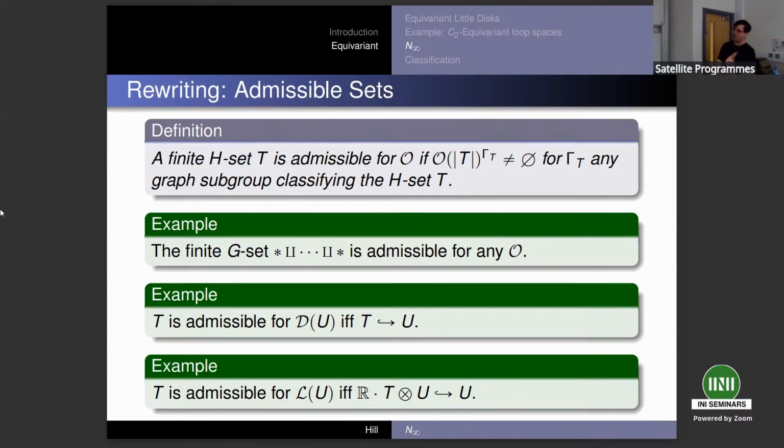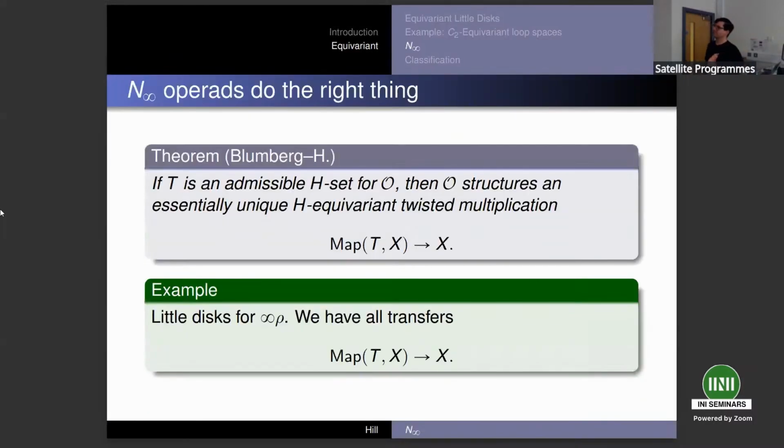And then two things that are useful to work out. The first one I sort of sketched earlier: for little disks, something's admissible if and only if my H-set embeds equivariantly into U. For linear isometries, admissibility is a harsher condition. If I tensor the permutation representation associated to T with U, that embeds in. And that's actually a really harsh condition. Permutation representations are kind of like regular representations. They're sort of like the blob. They just absorb everything, and then it's a really harsh thing to try and estimate.